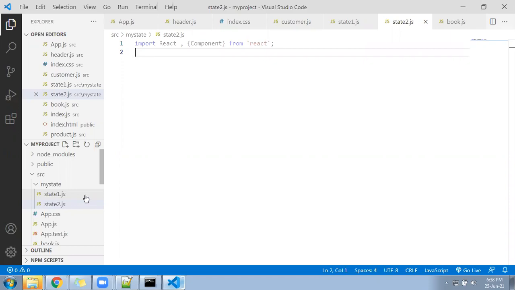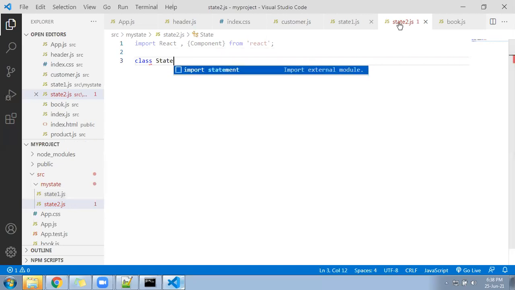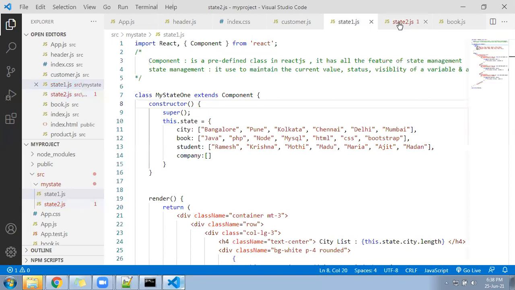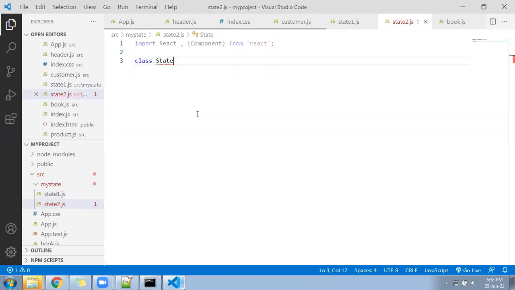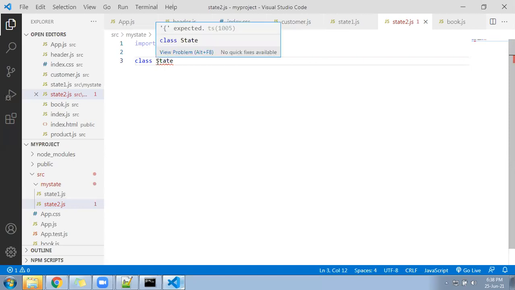Okay. Let's come now. Write a class. The class name we can give is MyState2. Component name you should start with a capital letter.